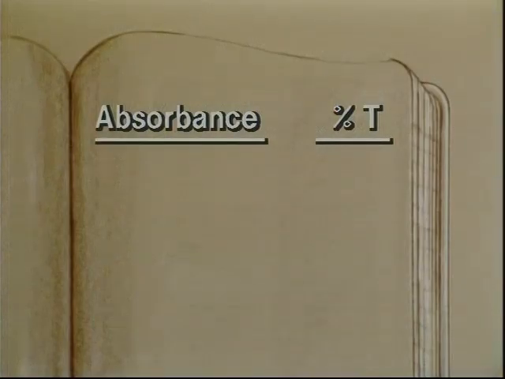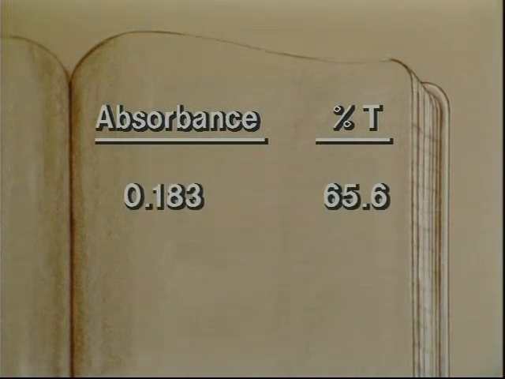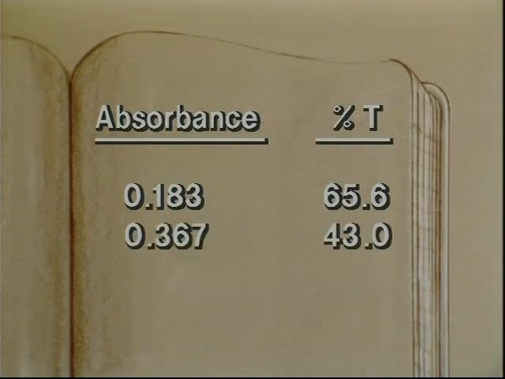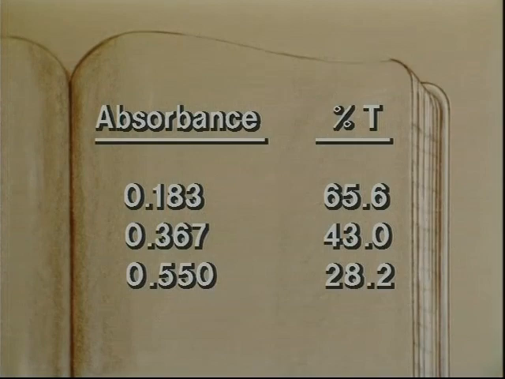Absorbance and percent transmittance are read and recorded in the notebook. Both measurements should be noted and recorded. Since absorbance and percent transmittance are related to each other mathematically, they can each be calculated from the other. In this way, the second reading can be used as an experimental check for the accuracy of the first reading. These measurements are repeated for the standard solutions of known concentrations in order of increasing concentration.